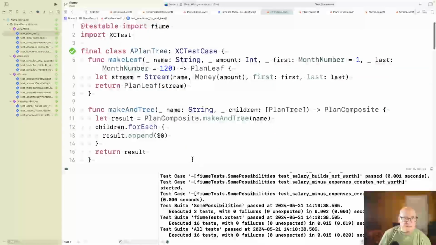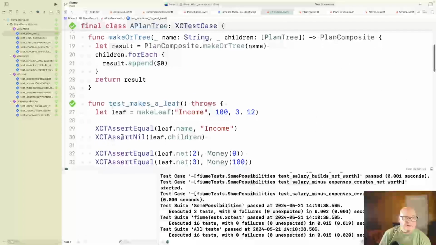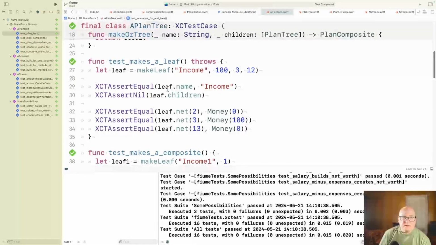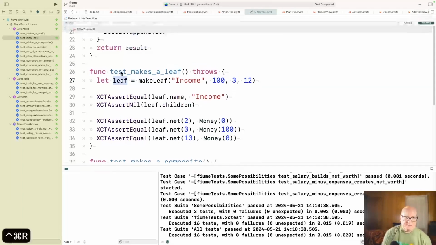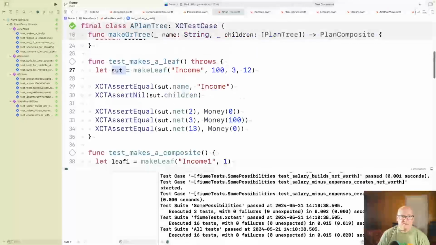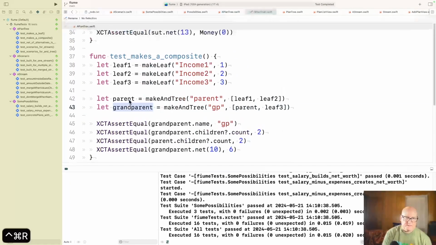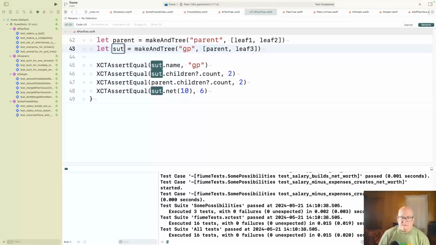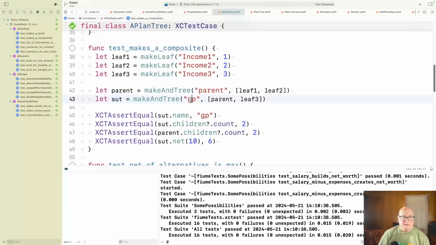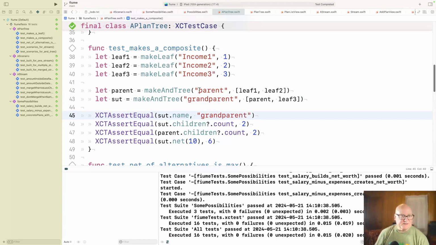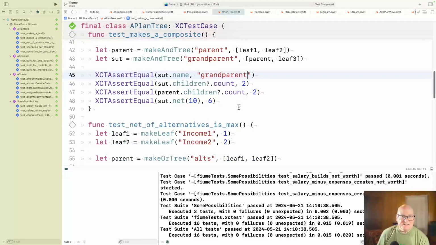Okay, let's do the SUT thing. That's the helper. Well, we've got to look at doing that too. All right, and then this, let's make this the SUT. It's the thing we're asserting on. And this one, I guess I would say it's the grandparent. And then I'm going to be a little more descriptive. GP for a grandparent variable was okay, but when you lose the variable name, okay.